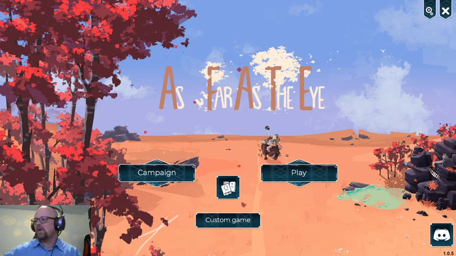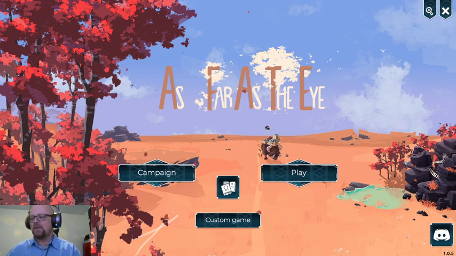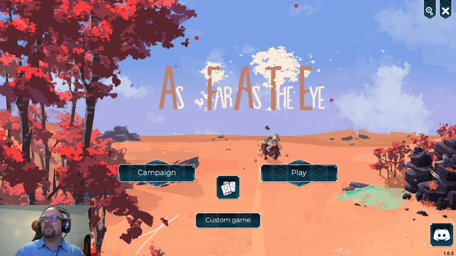However, I recently acquired this game, As Far as the Eye, which to me initially seemed like just a Civ game. 4X: explore, exploit, exterminate, and some other X, I don't know. But resource allocation, building some stuff. One of the things I have immediately fallen in love with is the art style. It's very watercolory, and it's got, I guess the best thing I could say would be,